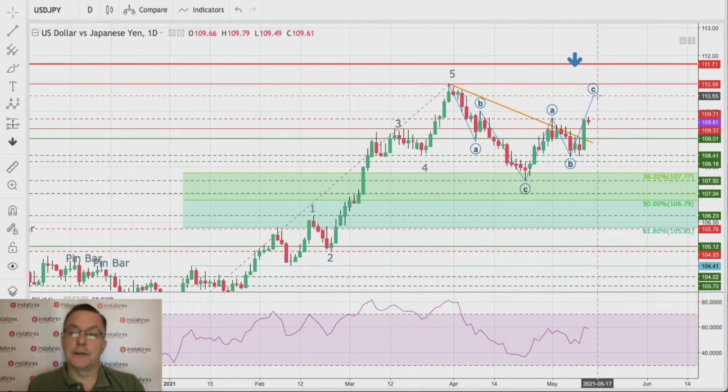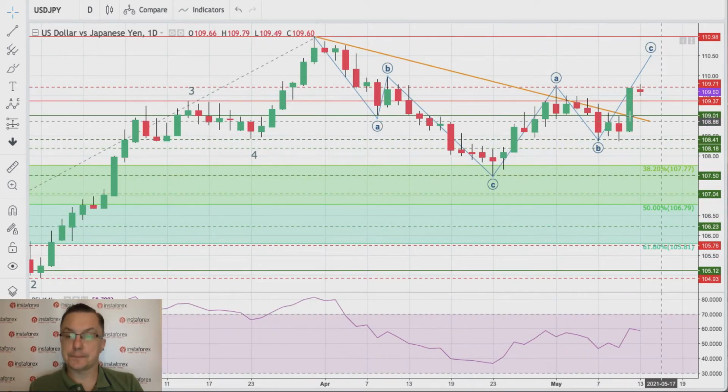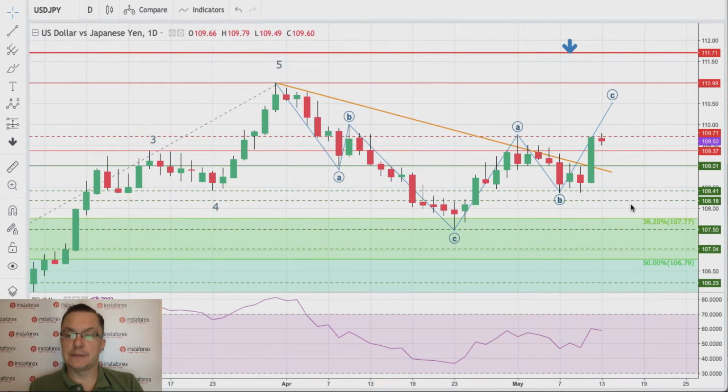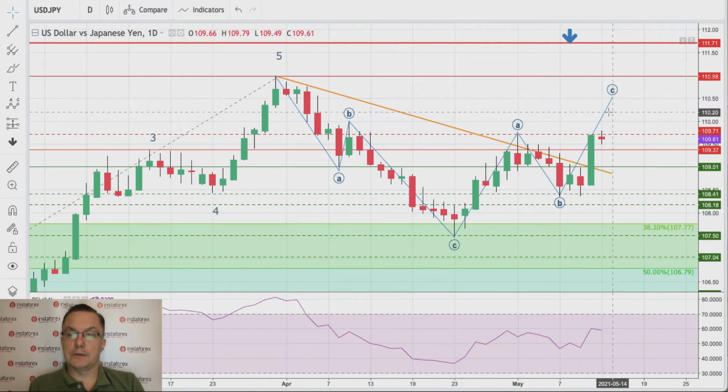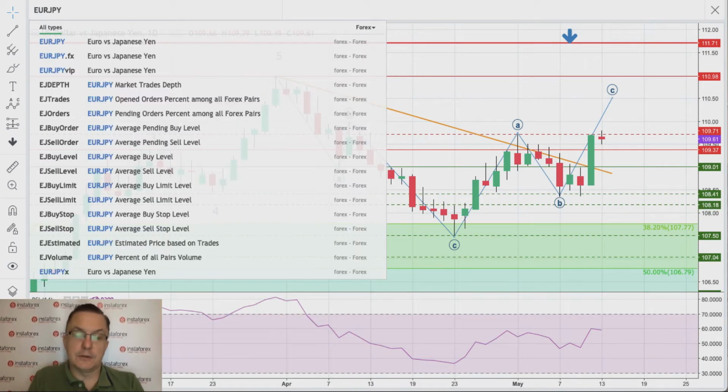Basically, this is still the best fit for the current market conditions, but I cannot tell right now whether this should be labeled straight on as an impulsive wave or corrective wave. Let's now stick with the corrective wave. So we are missing the wave C here, and we're supposed to get a little bit higher with this wave in the near future. That was the US dollar to the Japanese yen.